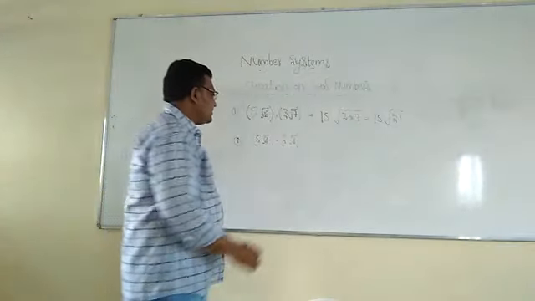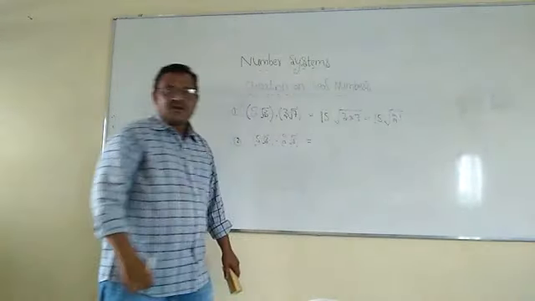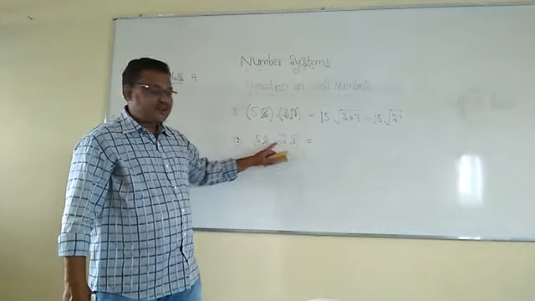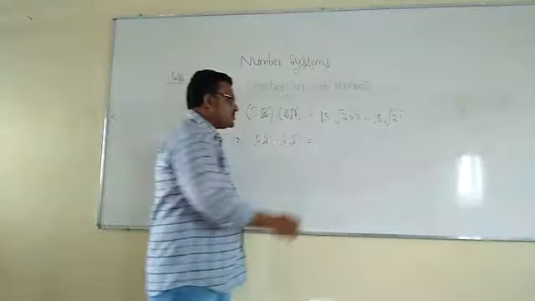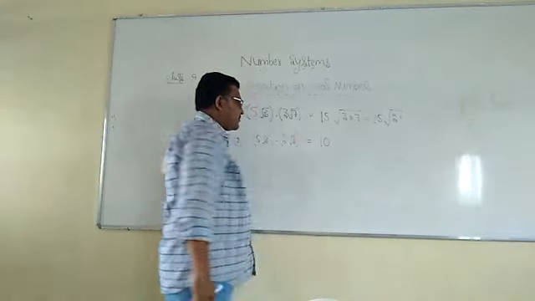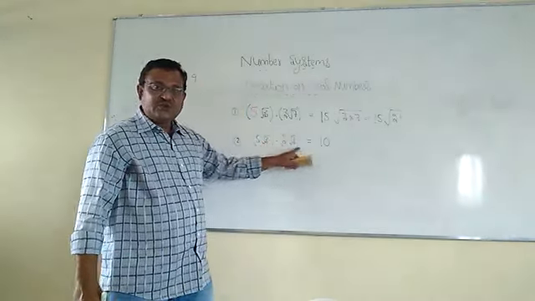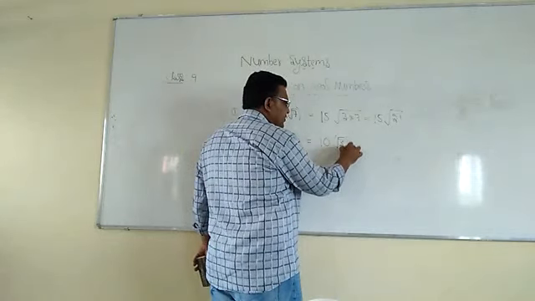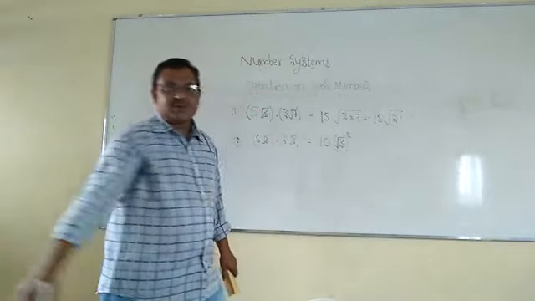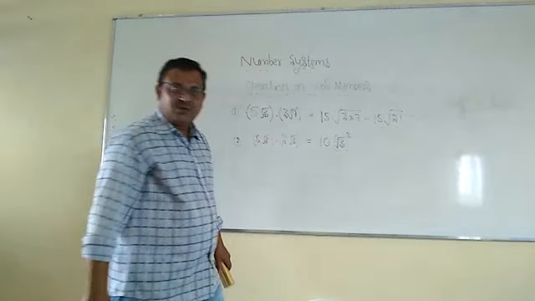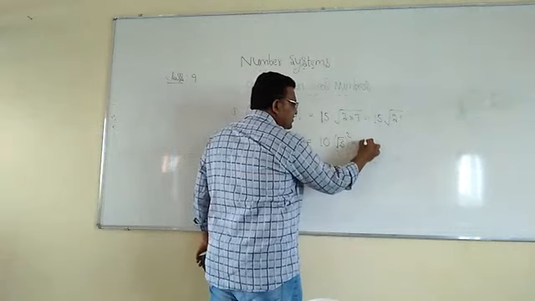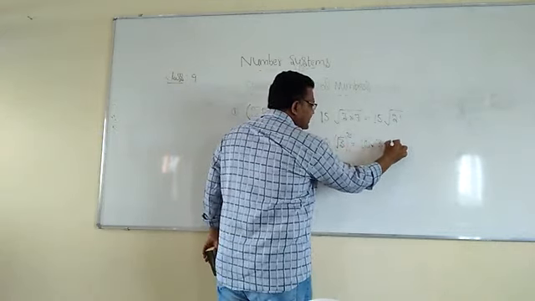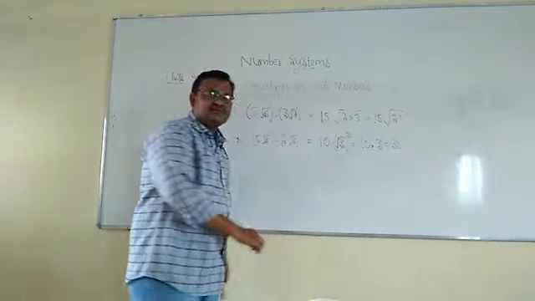And now coming to this one. Multiply whole number with whole number, that means a rational number with a rational number. 5 into 2. 5 2s are 10. And now root 3 into root 3. Root 3 into root 3 is root 3 whole square. That is equal to, the square and root will get cancelled. What remains? 3. So 10 3s is 30.